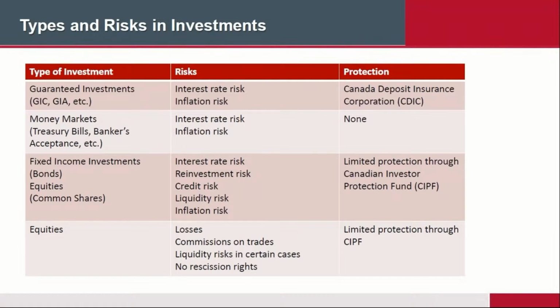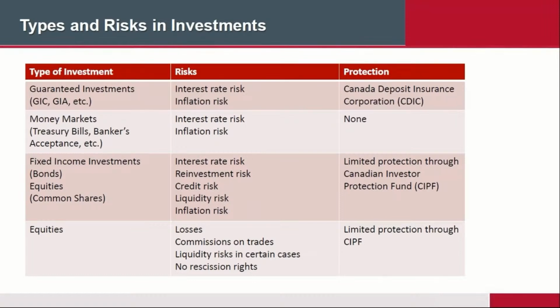The next one is fixed income securities. This is where you get into your bonds, things of that nature. Fixed income carries interest rate risk. Bonds carry reinvestment risk. Equities carry credit risk, liquidity risk, and inflation risk. In other words, these particular kinds of investments do carry a much higher risk factor. There is interest rate risk. There's also reinvestment risk, in that you were hoping you were going to get 5% forever and a day, but when you did reinvest, you only got 3%. So there's a reinvestment risk.